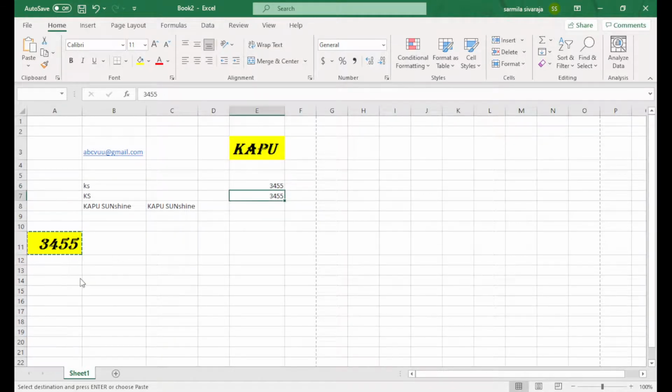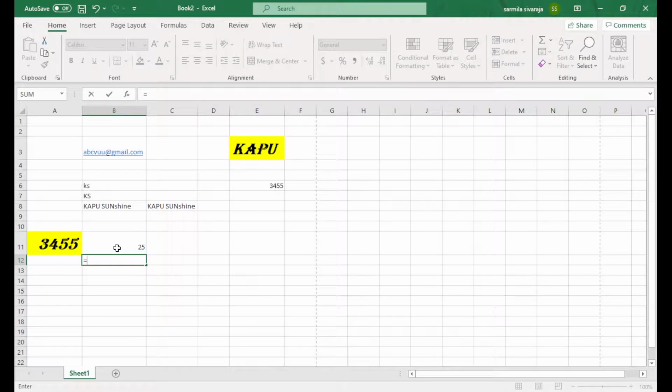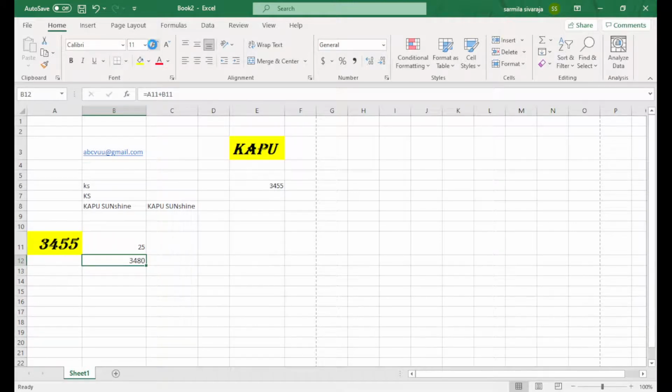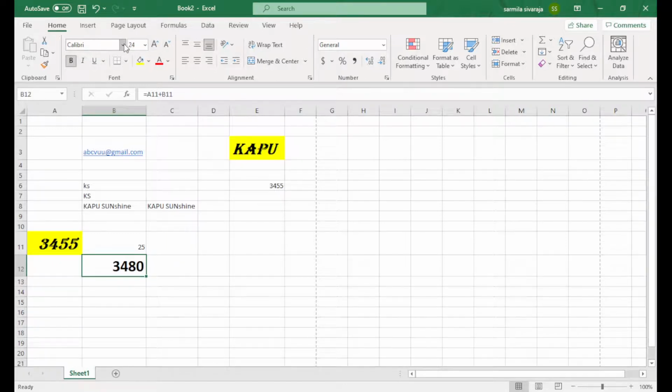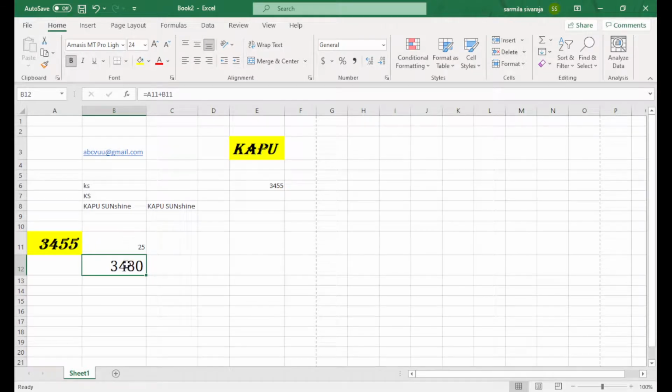Same way, it provides another option, formula. For example, here I have some numbers. I use one formula here, this number plus this. Here also I will add some font details. Again I will copy this one and paste it here as a formula.